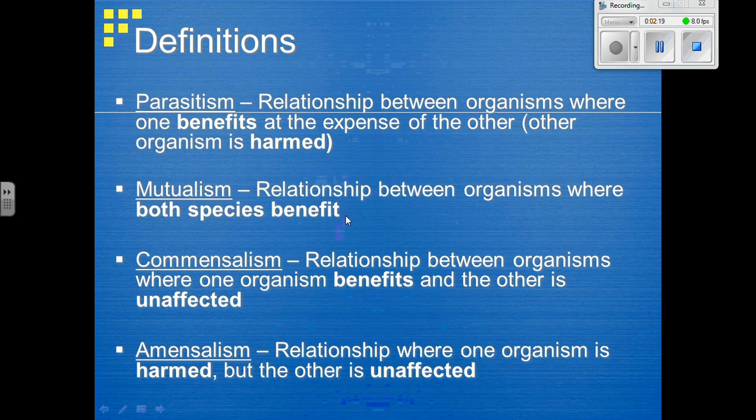The next is mutualism, where it's a mutual relationship. Both of the organisms benefit. One example is pollination. Honeybees get their food from plants, the nectar, and in the process, the plants are pollinated. The plants get aid in reproduction. This adds about $15 billion in crop yields per season in the US alone. That's a lot of money thanks to bees.